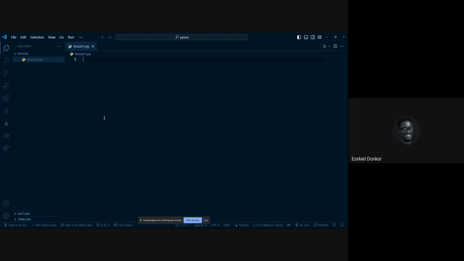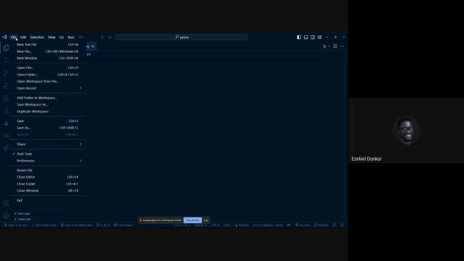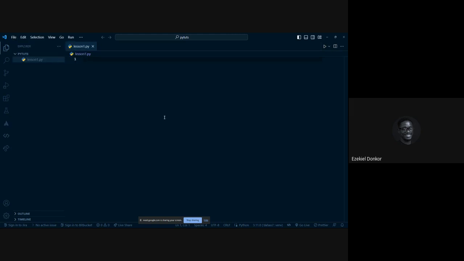If it doesn't exist, and you tell your PC, can you go find this file? And you didn't save it. Which file are you telling me to go and find? It's not there. So what these code editors have, especially Visual Studio Code, is to allow you to automatically save the file when you do something, right? And so let's go and set that up so that we never have to worry about pressing Control S before running our program, or clicking File Save before ever running our program.